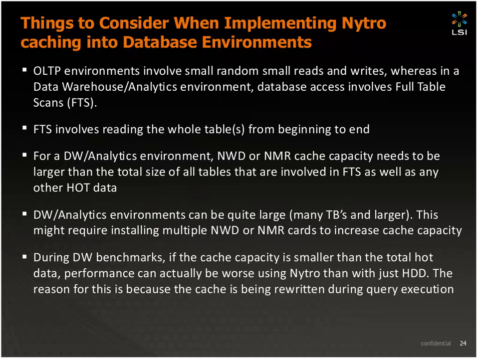For a data warehouse or analytics environment, the Nitro Warp Drive or the Nitro MegaRAID cache capacity needs to be larger than the size of all the tables that are involved in the full table scan, as well as any other hot data. Whereas in an OLTP system, since you're doing random reads and writes,